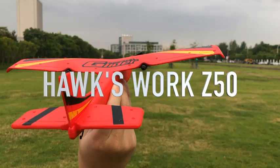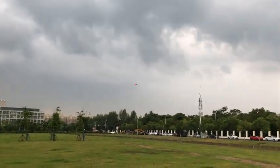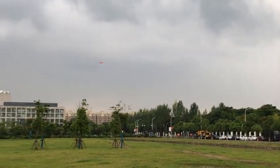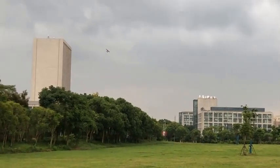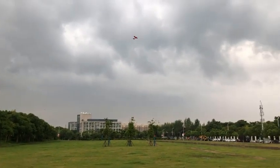Number 4. Hawkswork 2-channel RC Airplane, RC Plane, Ready to Fly, 2.4 GHz Remote Control Airplane. Easy to fly RC glider for kids and beginners. Red, for the youngest would-be flyers. The Hawkswork 2-channel airplane is an affordable, simple option. 2 sticks on the remote allow you to control left and right and up and down, but there are no